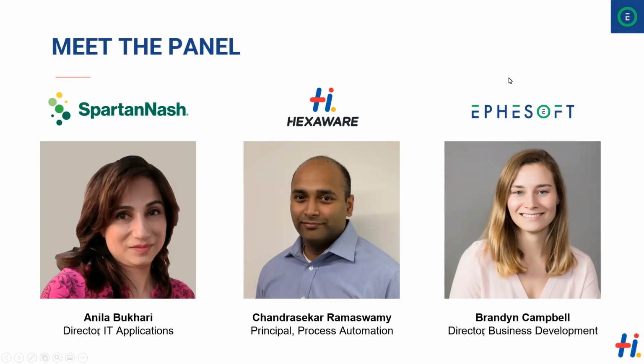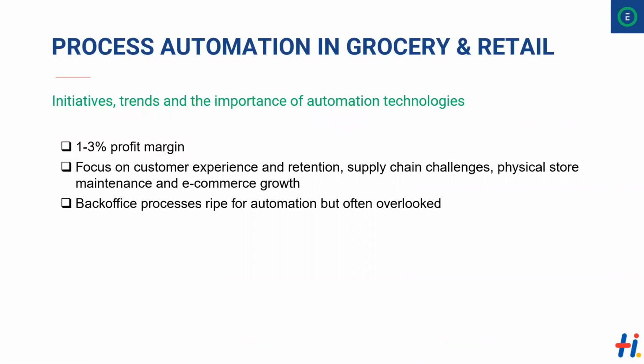So a couple of things I wanted to discuss before we really get into the meat of what was done and how it was accomplished, is to give a little bit of background on process automation in general for grocery stores and for retail, which kind of applies to all of the commercial world as well. Something to note here, grocery and retail are some of the industries that have the lowest profit margins globally. On average, a good profit margin is between 1% and 3%.